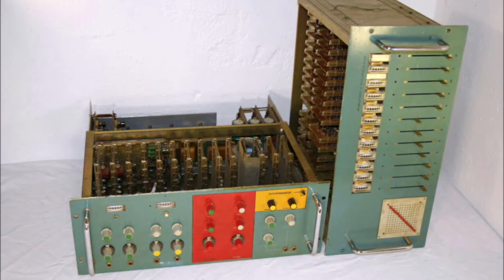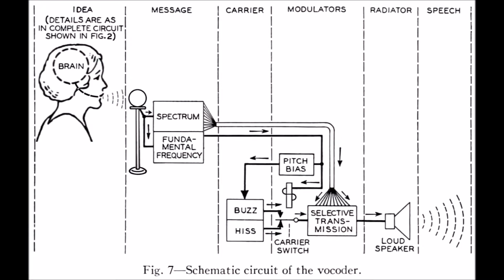Since these control signals change only slowly compared to the original speech waveform, the bandwidth required to transmit speech can be reduced. This allows more speech channels to share a single communication channel, such as a radio channel or a submarine cable. By encrypting the control signals, voice transmission can be secured against interception. Its primary use in this fashion is for secure radio communication.